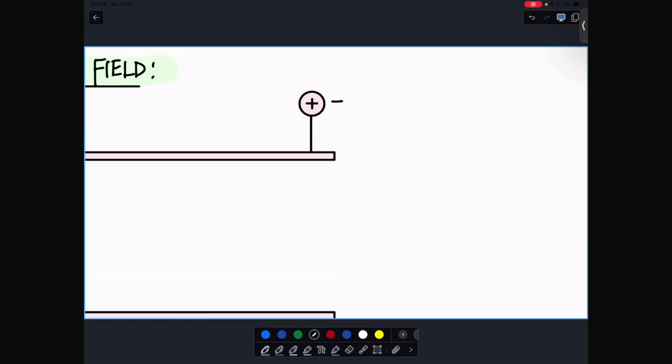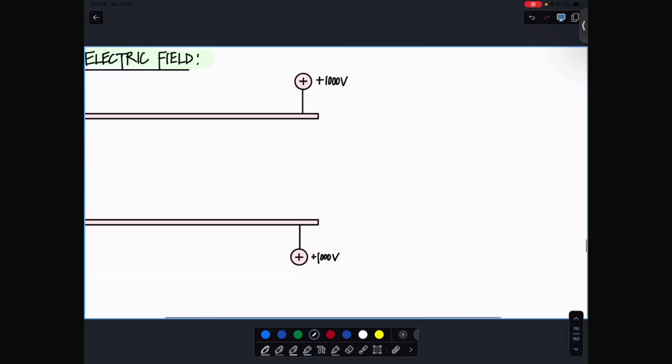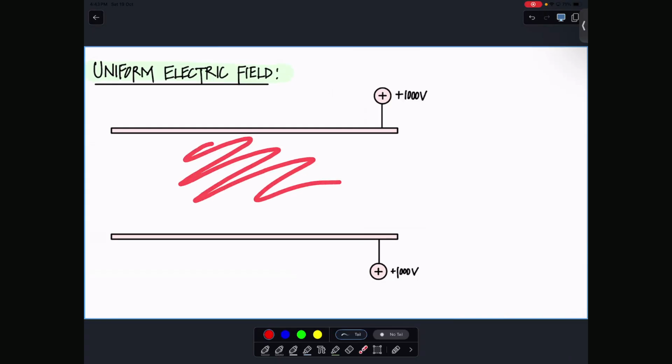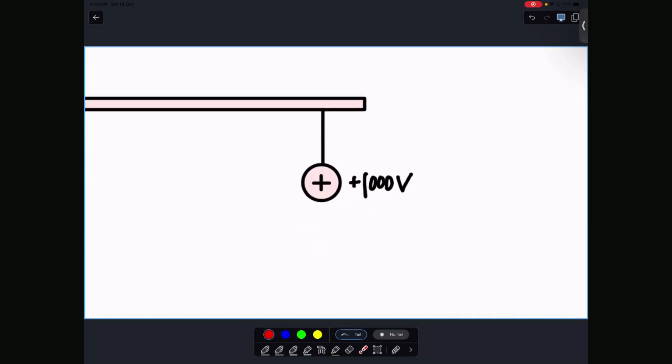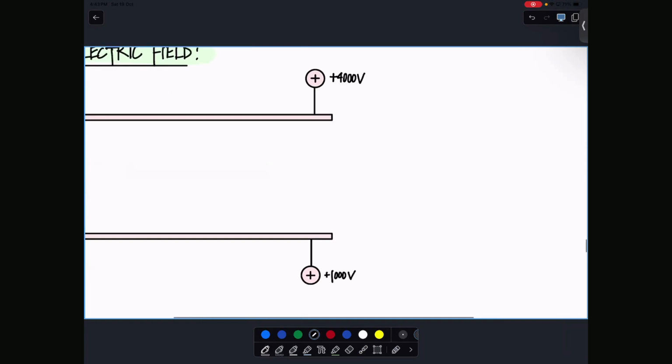Voltage. So if this is plus 1000 volts and this is plus 1000 volts, there is no electric field in between. Is there any net force exerted here? No, because it's 1000 and 1000, right? But the moment I make this, let's say, 4000, we suddenly have a